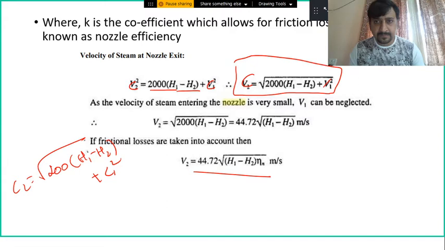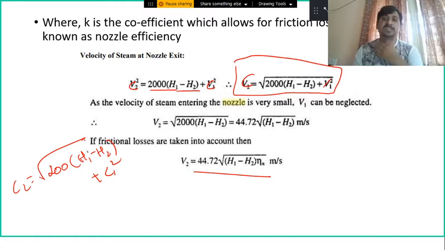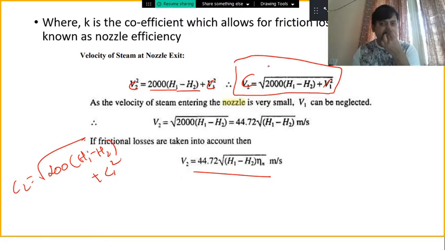Okay, so I was here, where we arrived at an equation for the velocity of the steam at the exit. This is an important thing you should know. There are two equations here: the velocity of steam at exit when we consider the inlet velocity, and the velocity when we neglect the inlet velocity. Now I will go with some problems, which I have taken from the VTU website.